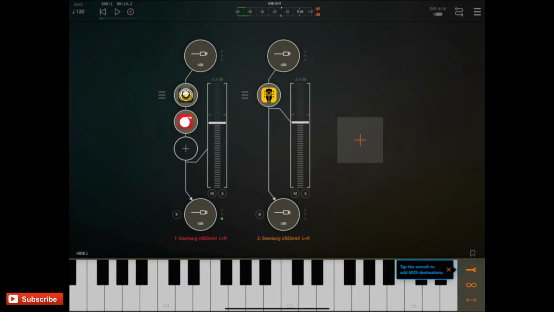Now at any time you can remove these effects just by flicking them to the side. So if I grab this reverb over here on the first track and just move it to the side, that's now gone. And as Thomas pointed out, I will show you here, you've got a mute and solo on each of these tracks down the bottom. So we'll just solo this one for now. There you go. So a little solo button comes up. And as you can see,